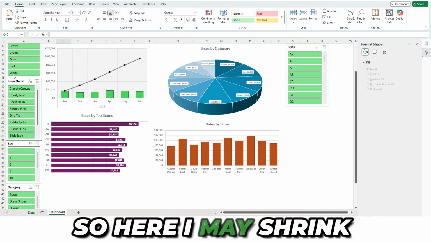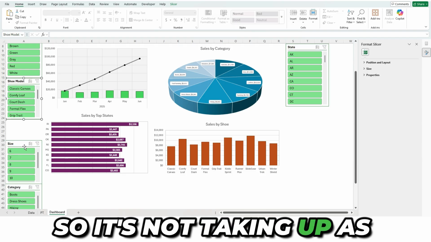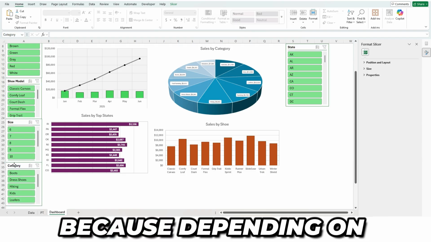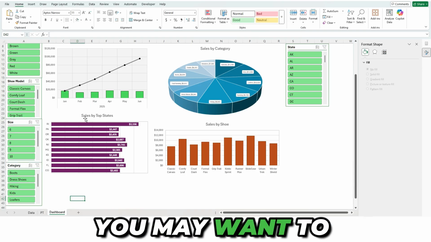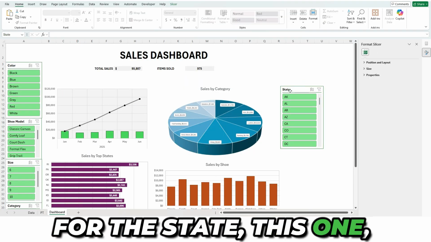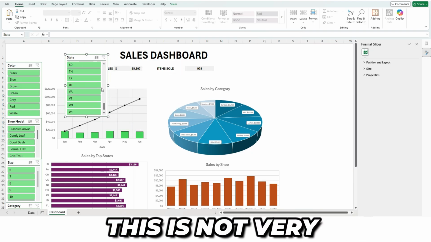So here I may shrink down the shoe model a little bit just so it's not taking up as much space, so I can fit these other ones in here, because depending on which ones are more important, you may want to structure these a little bit differently. For the state, we don't want to just have these values like this,